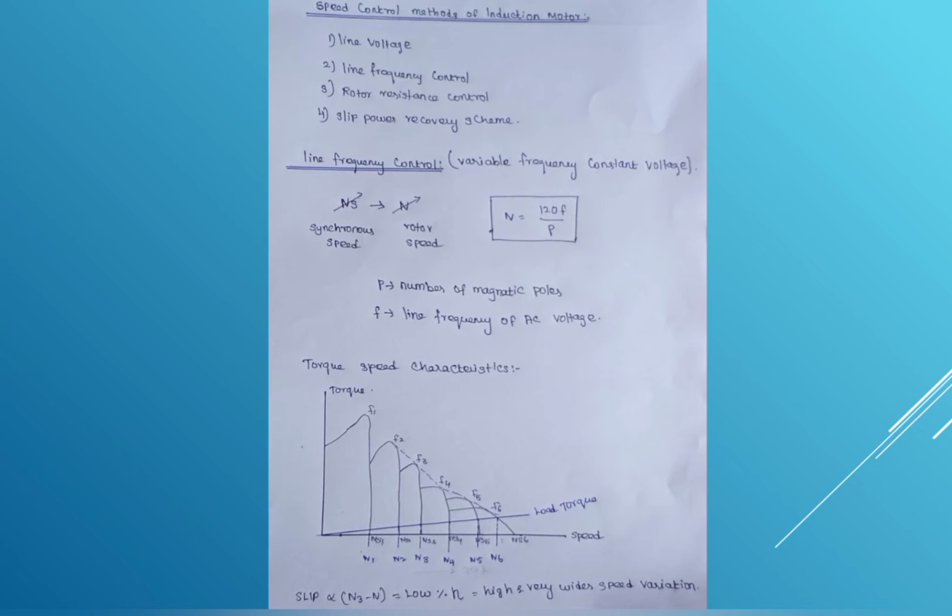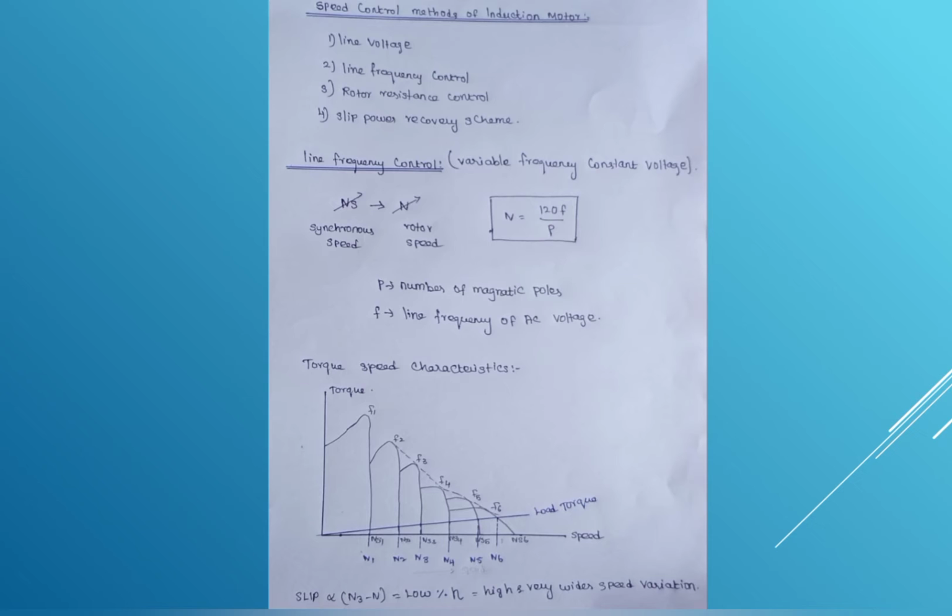Let's begin with the basic formula of EMF, which is equal to 4.44 frequency into maximum flux into number of turns. E is equal to 4.44 F phi m N. Here E is equal to induced EMF, 4.44 is constant and F is the frequency. Maximum flux depends upon the EMF. V is equal to 4.44 F phi m N.